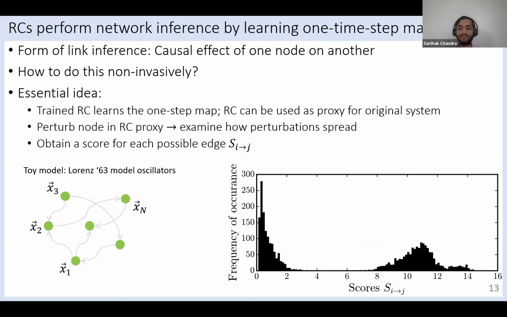We just hooked up a bunch of them in a network, just coupled the y variables to the x variables, and then just ran the network of Lorentz oscillators, got the data, fed that into the reservoir, and saw, okay, what scores do we get if we try to calculate these Jacobian values, right? And so if you basically look at a distribution of scores that you obtain, you get something that looks like